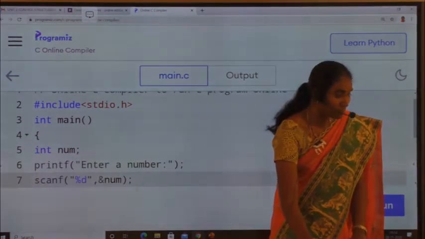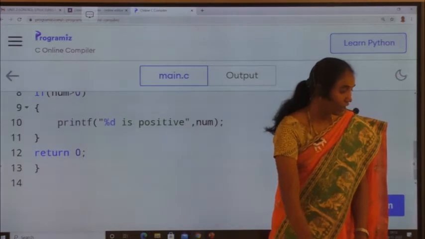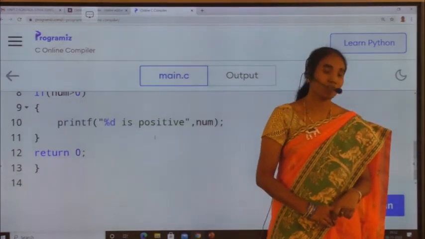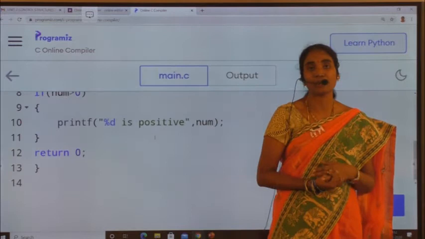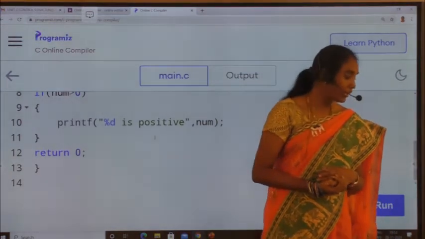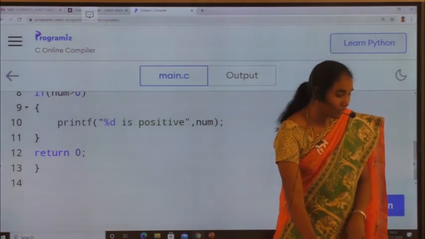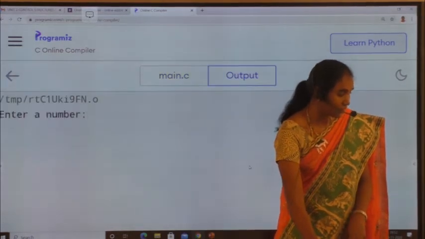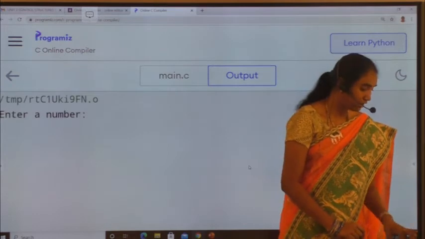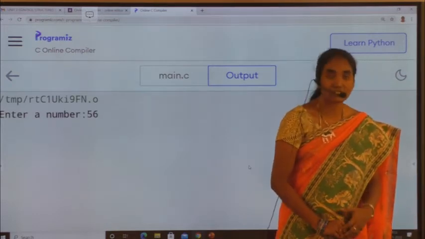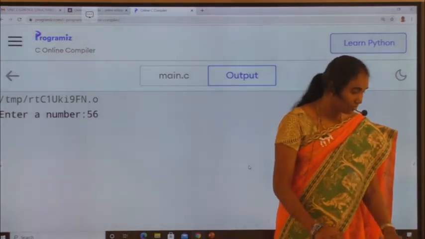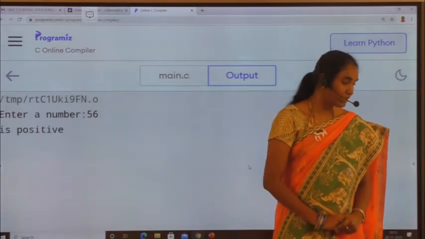This is used for displaying the message in the console, and after that I am reading the given number by using the scanf function, and after that I am checking the condition. If the number is greater than 0, simply I am printing a message called given number is positive, right? So this is the program. Now we'll see the output. Here I am just clicking on the run button, then enter a number. Let us write 56, press enter, then 56 is positive.